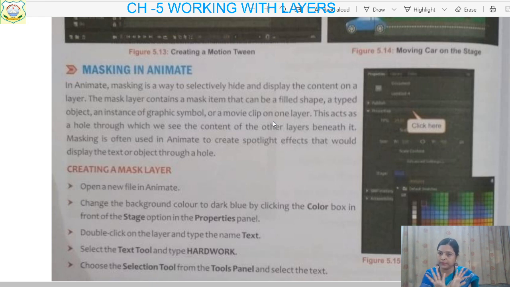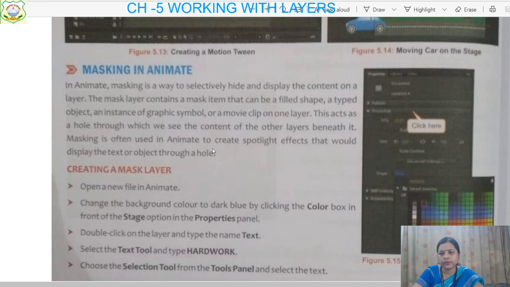ठीक है, पूरा black कर देते हैं, dark room, and then the light will focus on that particular person only, so he will appear only from the whole stage. So this is the spotlight. So if you want to do such animation in Animate CC, then you can use the masking effect. It's very interesting, children. So how will you open it, how will you create it?